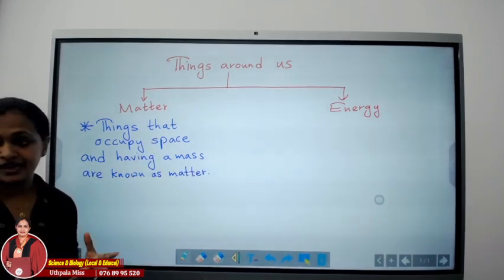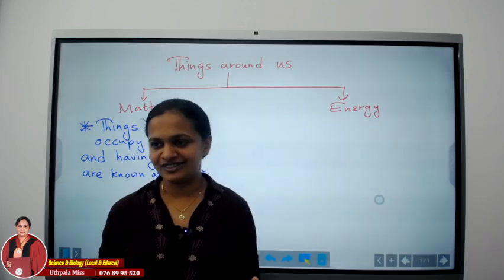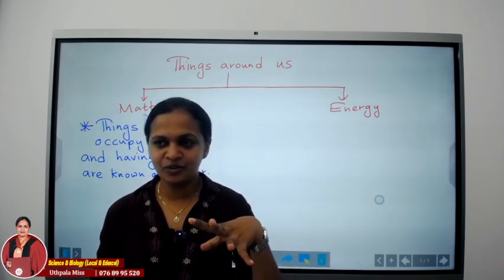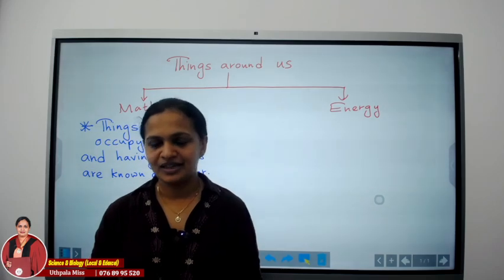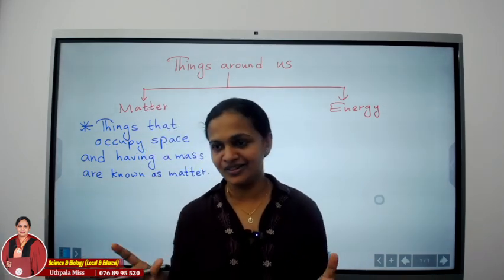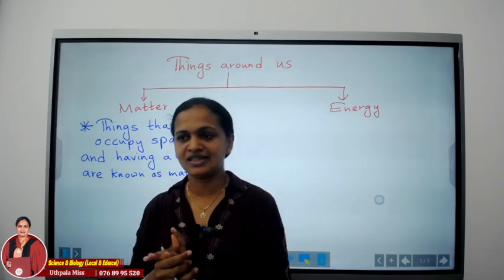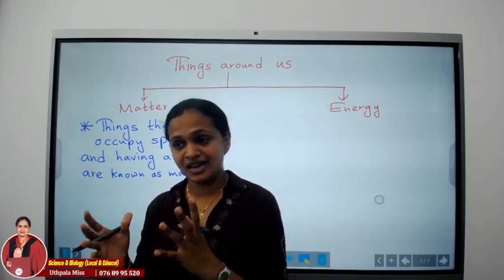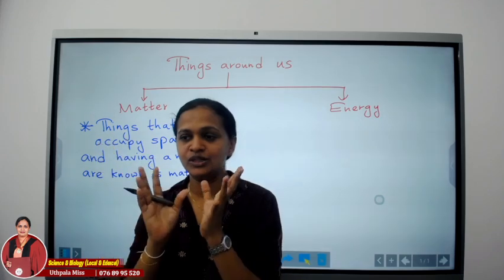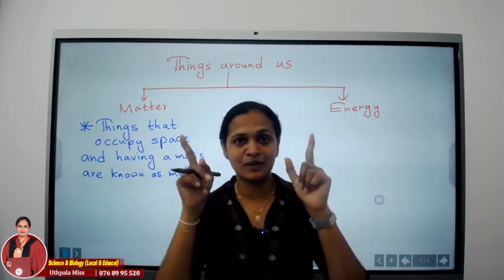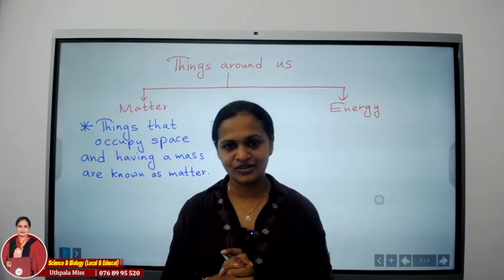Then there are three states of matter. Now if you have a water bottle close to you or a glass of water, that water occupies the space inside the glass, right? Water also belongs to matter. Then if we think about our surroundings, though we can't see, there are so many gases surrounding us. These gases also occupy space. Do you believe? When we blow air into a balloon, that air occupies the space inside the balloon. So air also comes under matter.